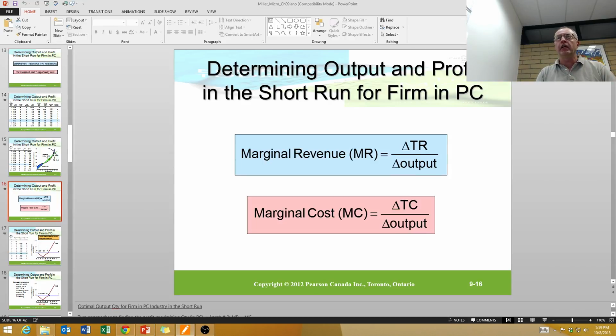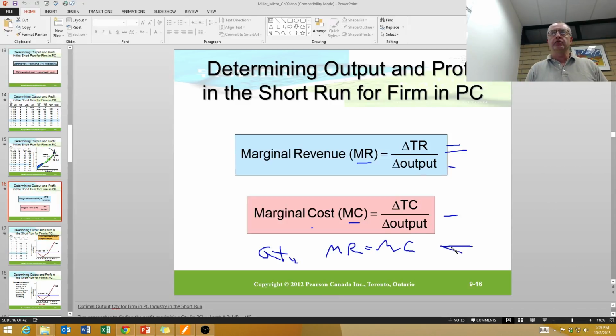So we can arrive at exactly the same point using marginal revenues and marginal costs. So we know that marginal revenue equals change in total revenue divided by change in output, and marginal cost equals change in total cost divided by change in total output. And we're going to see that the profit maximizing quantity is the quantity where marginal revenue equals marginal cost. That's our rule. This rule applies for perfect competition. It also applies for monopoly. It also applies to monopolistic competition, but we'll see that it does not apply to oligopoly